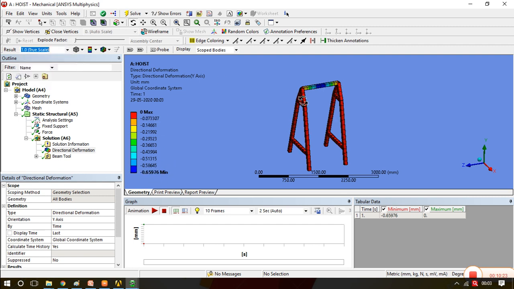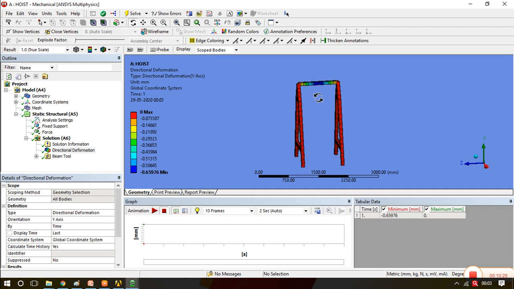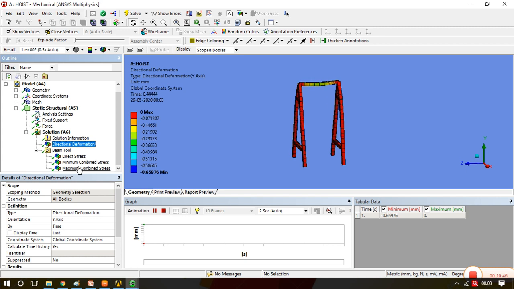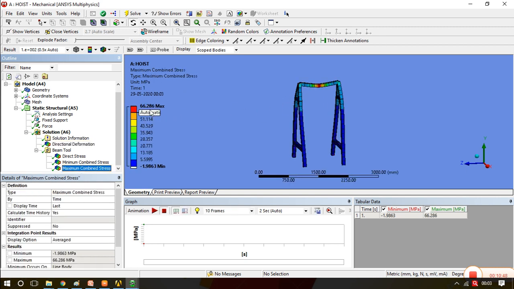We will see it in true scale: the maximum is exactly at the center, whereas we have zero deformation at this region. So the maximum deformation is 0.65 mm in a downward direction. If we see it in scale, we can see the animation in this way. Now in the beam tool we will only see the maximum combined stresses, which is 66 megapascal, at the center. So we are getting the maximum stress of around 66 megapascal at this location.